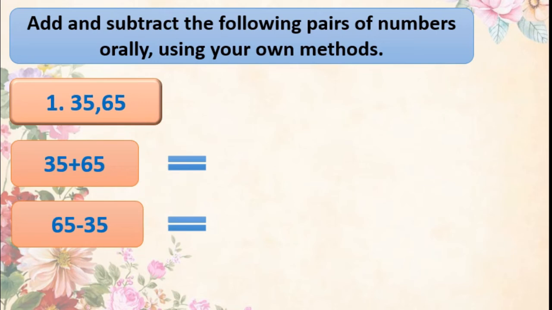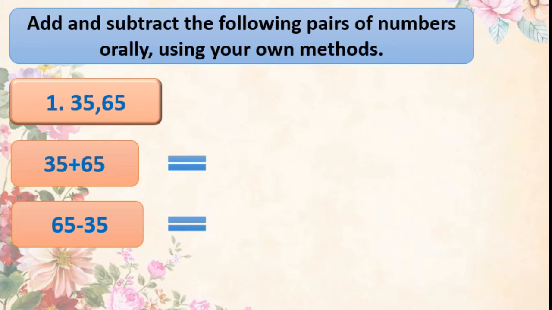So here 35 plus 65, how will you do it? Not to use pen, mobile or calculator. You have to use your brain. Okay, we will remember 65 in our mind, and 35 is 3 times 10, correct? And plus 5 you have to do. 3 fingers you can take. 65, 75, 85, 95. Okay, then 5 remains.